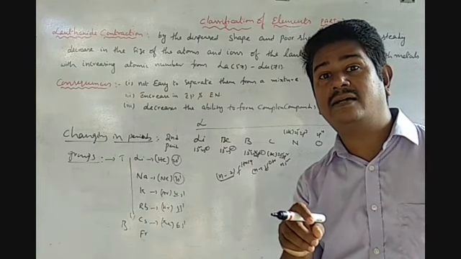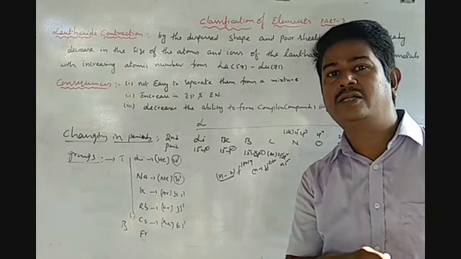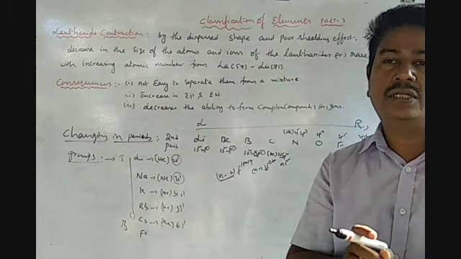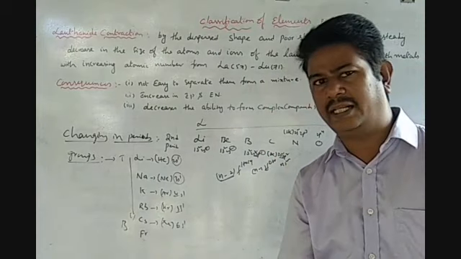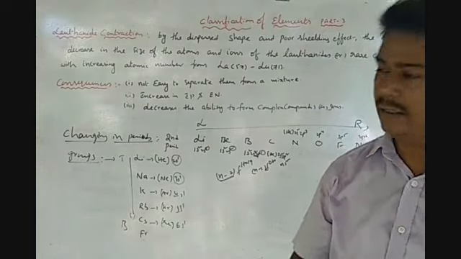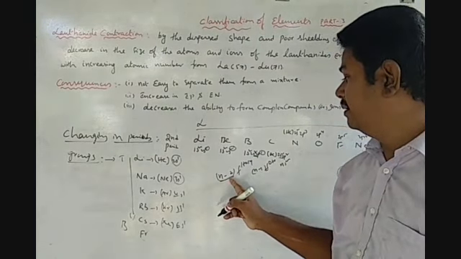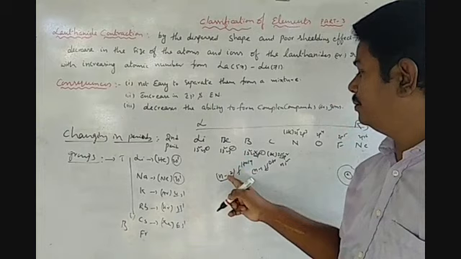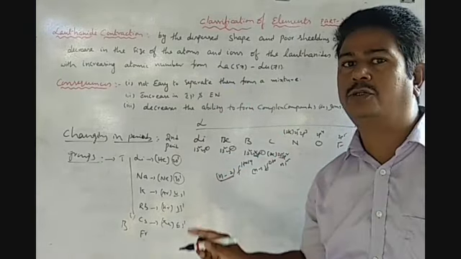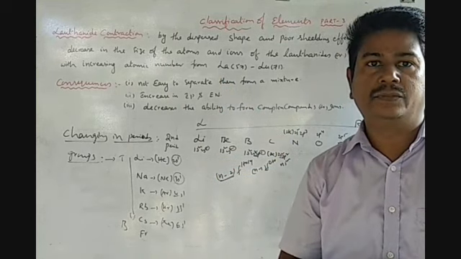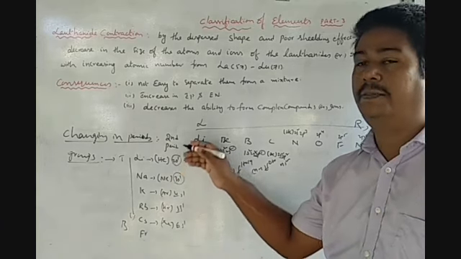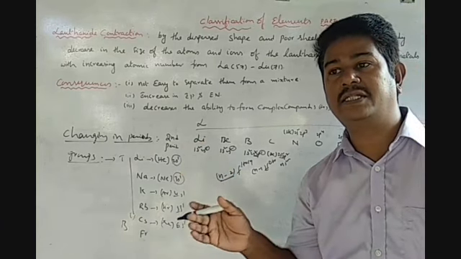Due to the anti-penultimate shell, the electrons enter the inner shells. Due to the poor shielding effect, the nuclear force of attraction decreases, so the atomic radius decreases. Clear? Such contraction is called lanthanide contraction. This is in the f block elements. Like that, it happens in actinides also, but we cannot observe it here. So that is about the atomic radius, a periodic property, and how it changes in periods and groups.